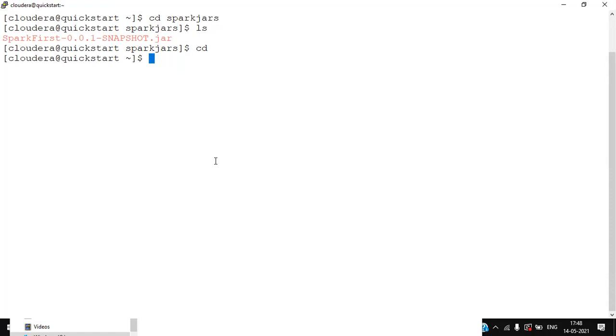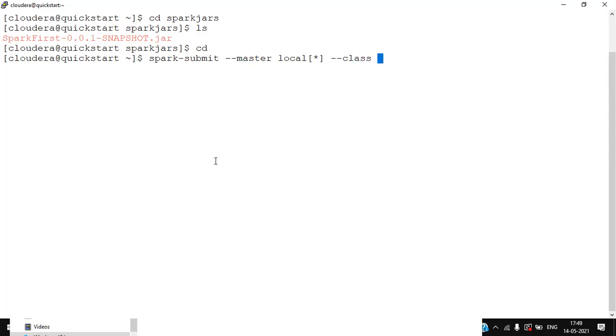So I'm going ahead with submitting this jar, running this jar. The command to run this jar is spark-submit. Check the spellings, folks. It's very important. Master local[*]. Then hyphen class.